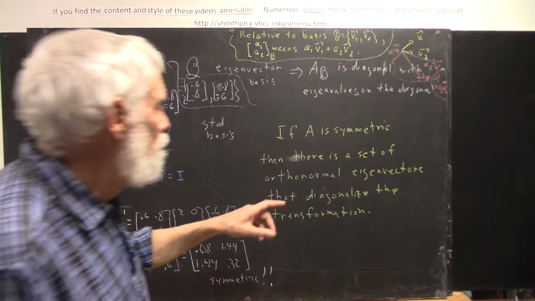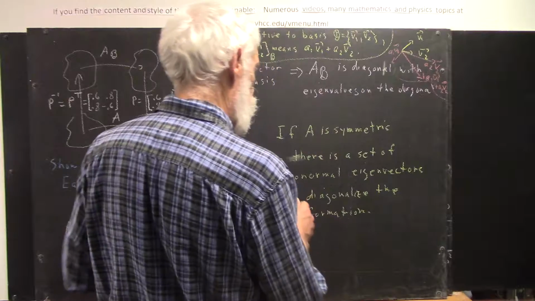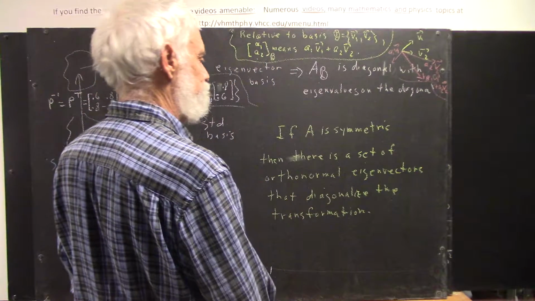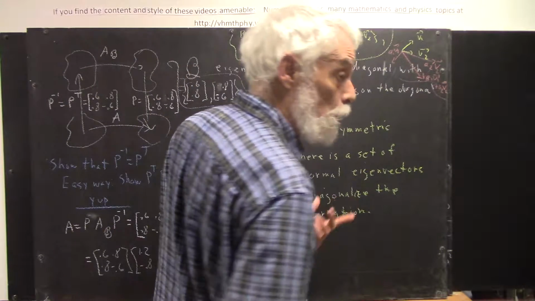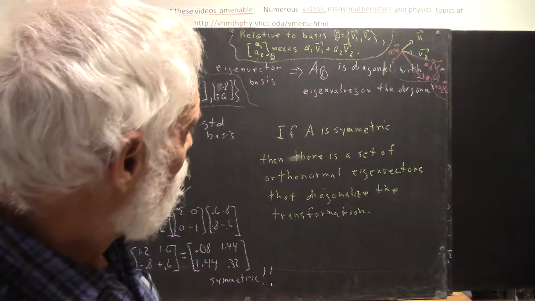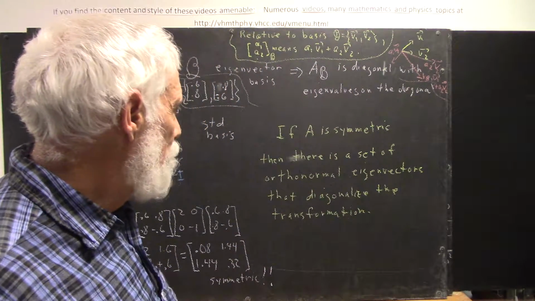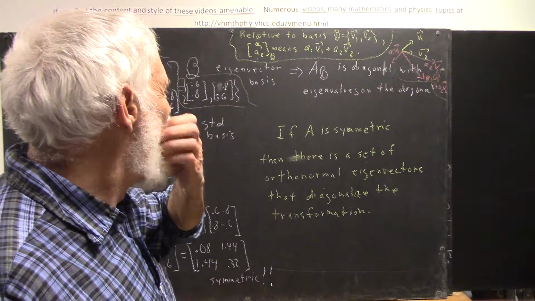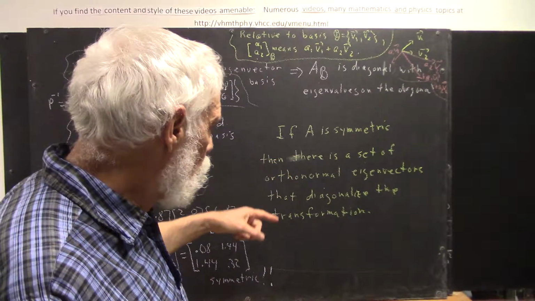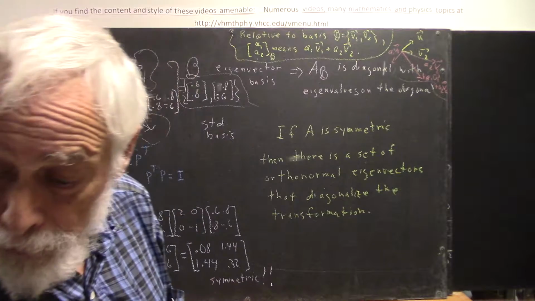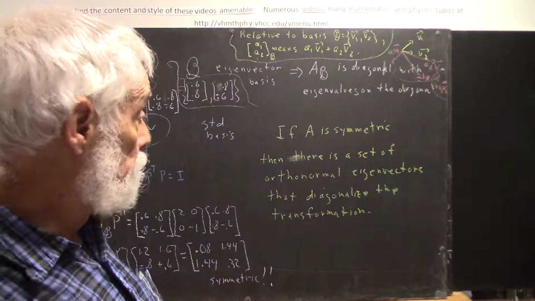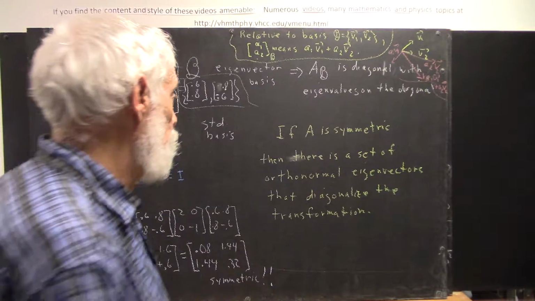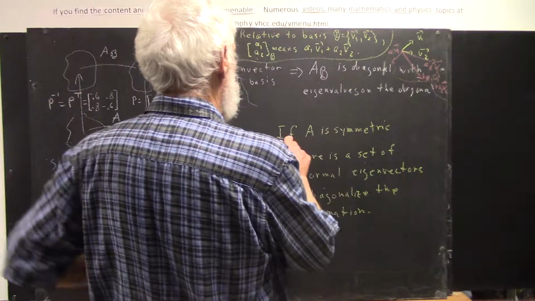Now, I say orthogonal, okay, that's orthonormal. And I didn't read this right. It says if A is symmetric, there is a set of orthonormal eigenvectors that diagonalize the matrix. Now, what I was about to say and what I thought I was going to read here, and I read something different. I can say if A is symmetric,